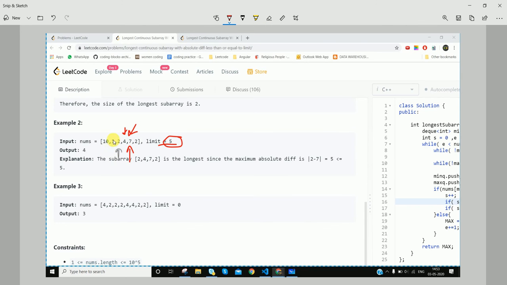So till now we have maximum window size as 3, and then when we start considering the value 7, we are looking from here and then we extend the window size, so 2 is considered and all the elements are within the limit 5. So the size is 4, so we return 4. Similarly in this case the limit is 0, so only the same values, like 2 2 2, can be considered, 4 4 can be considered, again 2 2 considered. So the maximum window size we can see here is of this window. So 3 is returned, it has size 3, so 3 is returned.